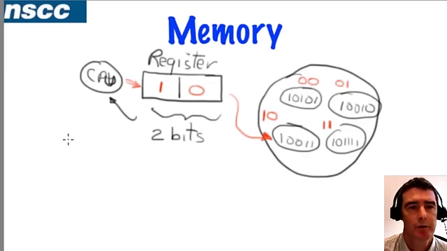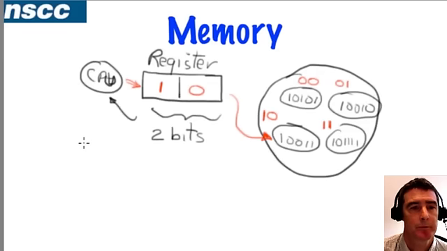So the size of registers inside a CPU can determine how much memory I can actually access. If we look at this example here, I can only access 4 locations of memory. So if I've got a memory system that's got 7 locations, I can't access it because I'm only using a